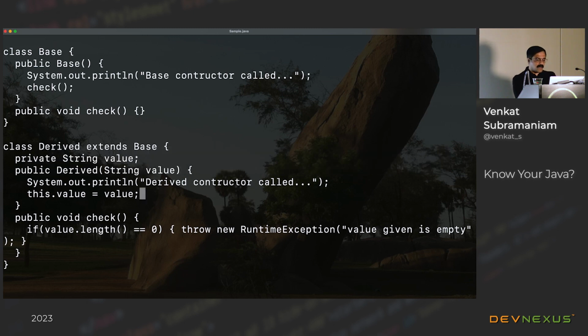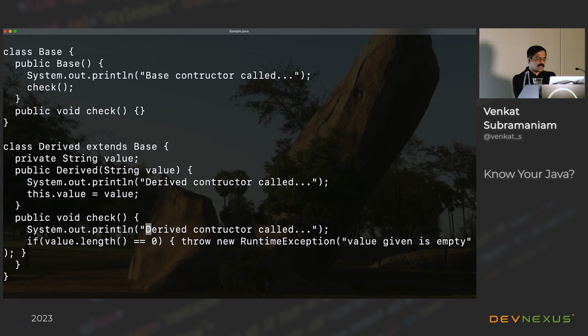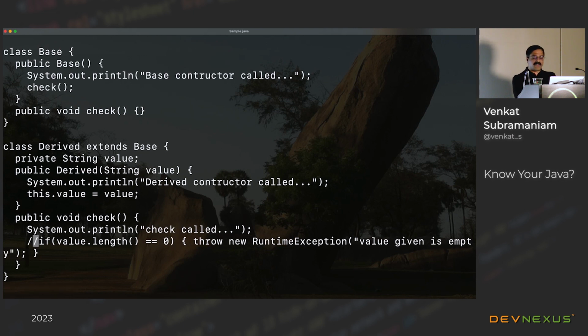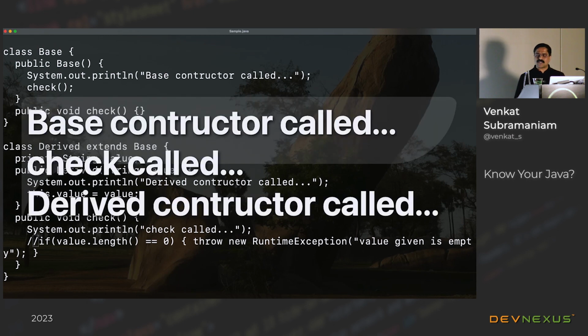What is the reason for it? Now if I go back to this code, and in here, if I print out, let's say over here, check called right here. So when I say check called, and I'm going to remove this offending code for a minute, and if I run the code, notice the base constructor called, check was called, then the derived constructor was called.